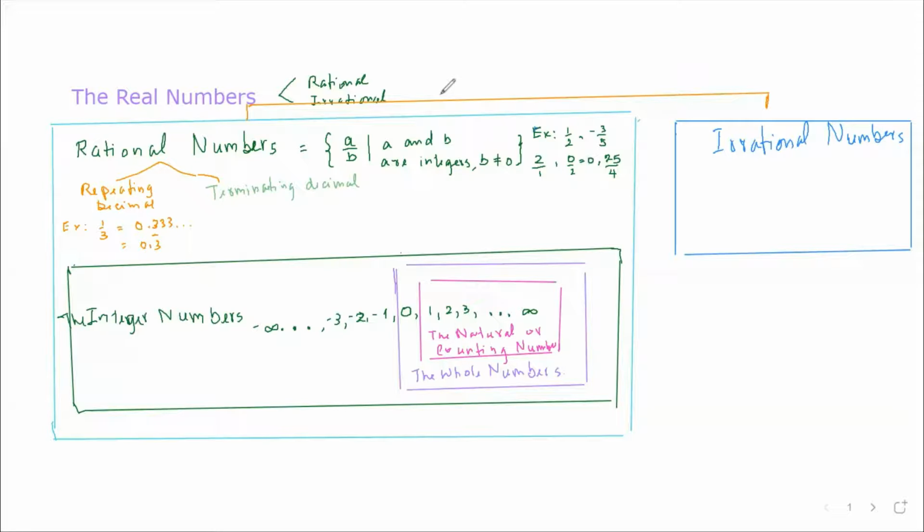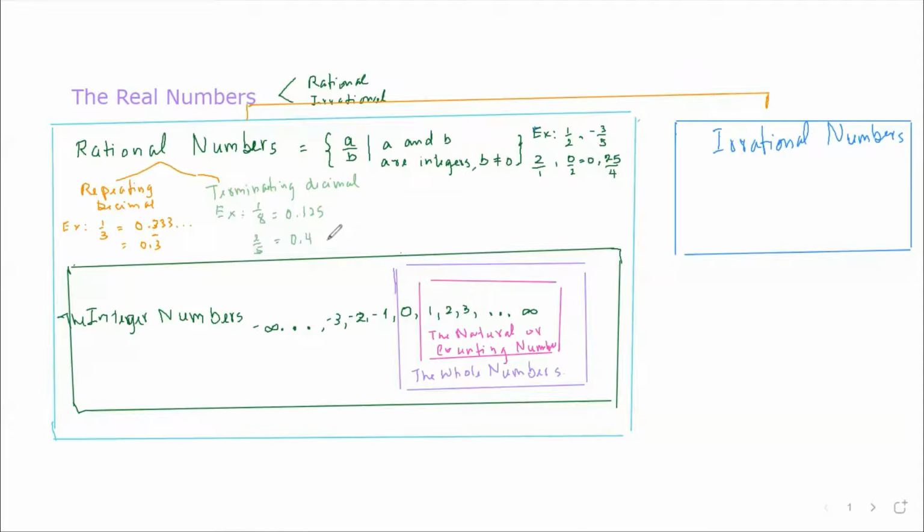But for a terminating decimal, for example, what number can we use? Maybe 1/8. This is a fraction or ratio, like a/b. When we convert to decimal, we get 0.125. Or 2/5, which is a terminating decimal equal to 0.4. Terminating decimal means that when you do the long division,